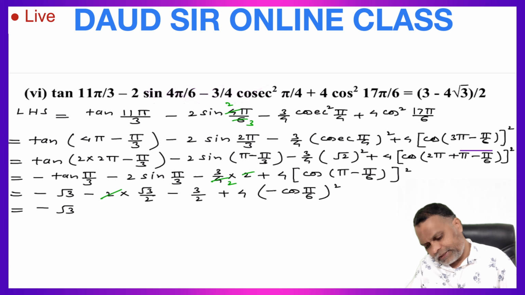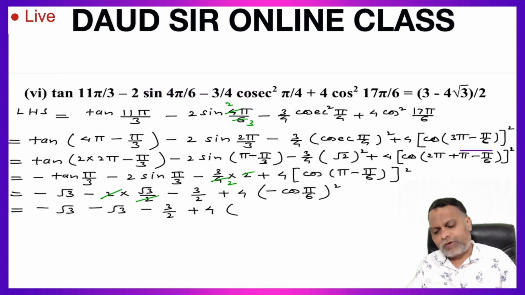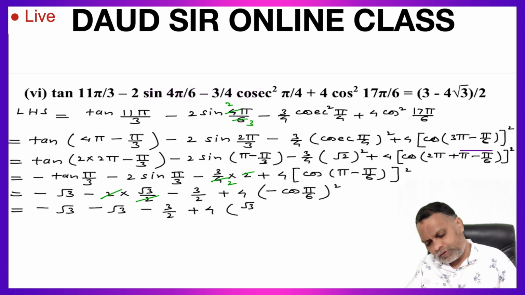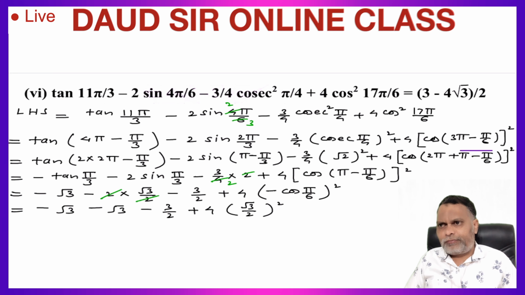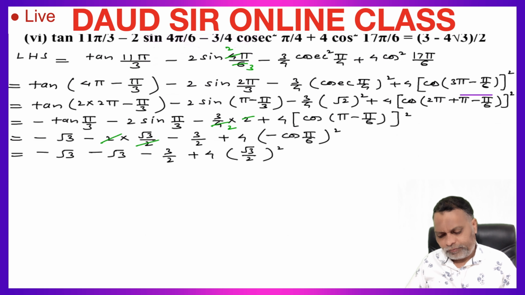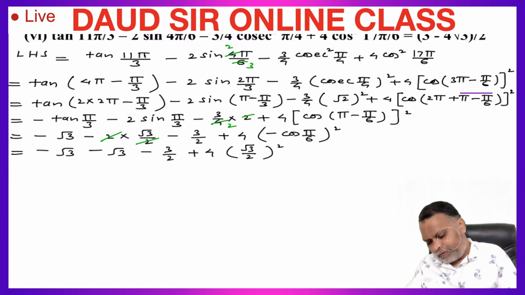This 2 cancelled, again minus root 3, minus 3 upon 2 plus 4, and this minus square plus cos pi by 6, cos 30 degree. The value of cos 30 degree is root 3 upon 2 whole square, minus became plus after squaring, which is equal to